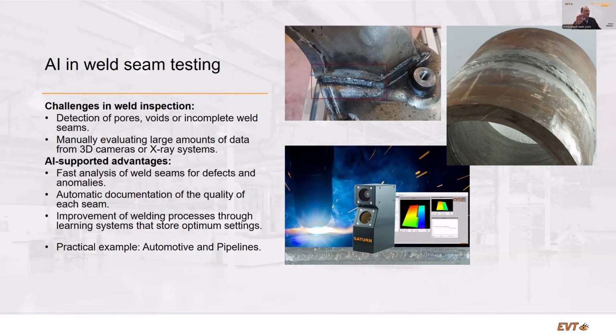Of course, if you have a 3D version of a weld, you could do the inspection in 3D. But also in 3D, it's difficult to analyze how, for example, a pore or a void. You always have to recognize the depths, the lengths, and widths. And then you can define, okay, this is a pore or these are too many. If you use AI in this case, or if you use the pre-trained network for that, it knows, okay, if the weld has this size, if you have one pore or two with this shape, then it's okay or not okay. It's much faster than to define the pores